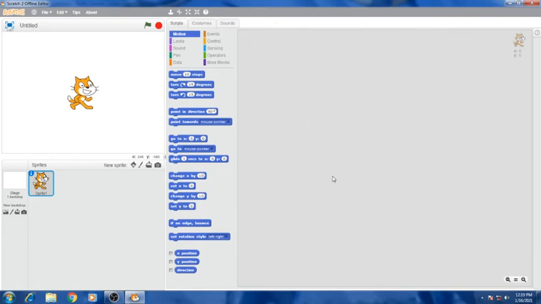After that, select the motion block. Now it's in the motion block. Drag and drop the move block instruction to the script area. Then click on the number area and type 100 in it. Here it is only 10, so just click it and type 100. Then double click on the block to run the project. For running the project, you have to click the run project option. That means you can see the green flag on the stage, isn't it? So just click it.